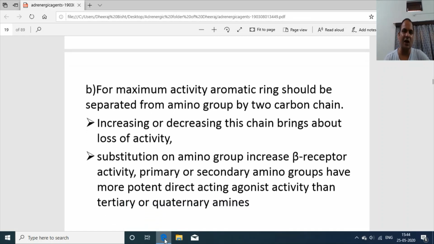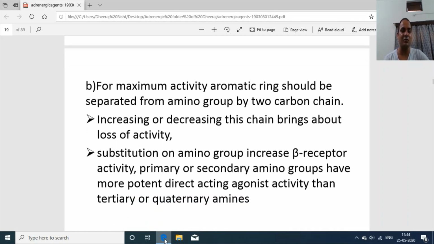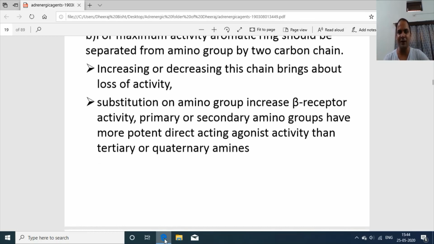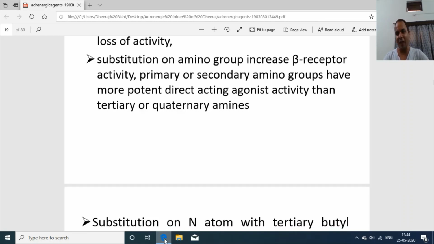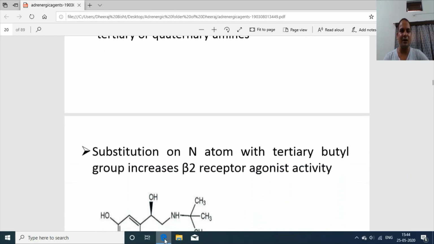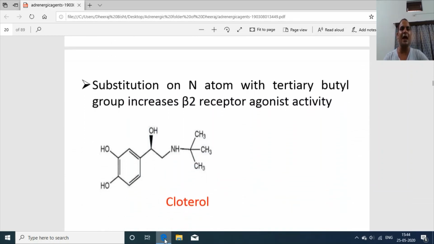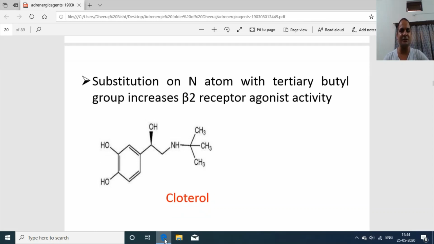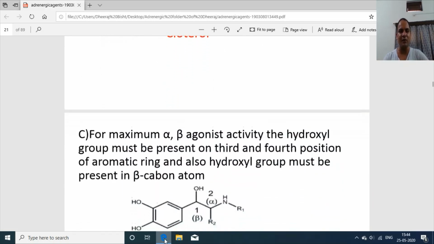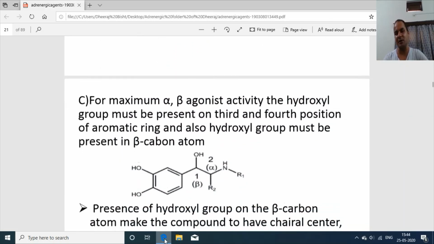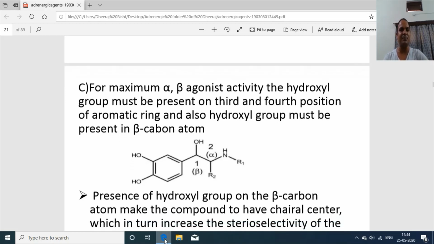Next point, increasing or decreasing this carbon chain brings about loss of activity. Next point, substitution on the amino group increases beta receptor activity. Primary or secondary amino groups have more potent direct acting agonist activity than tertiary or quaternary amines. Next point, substitution on the nitrogen atom with a tertiary butyl group increases beta 2 receptor agonist activity. Example is clenbuterol. Next point, for maximum alpha and beta agonist activity, the hydroxyl group must be present on the